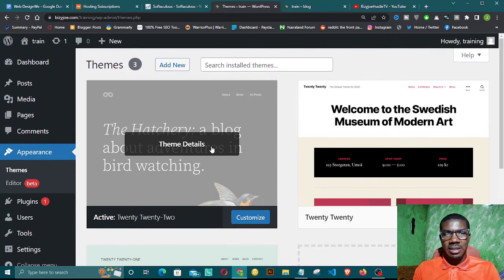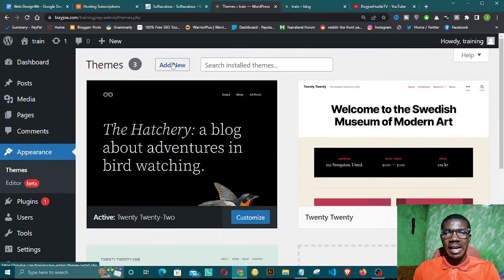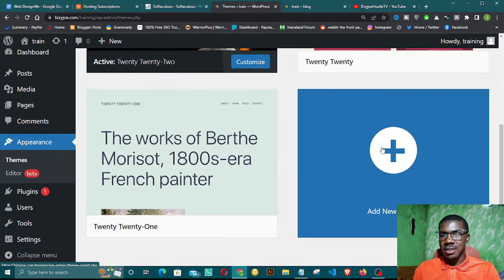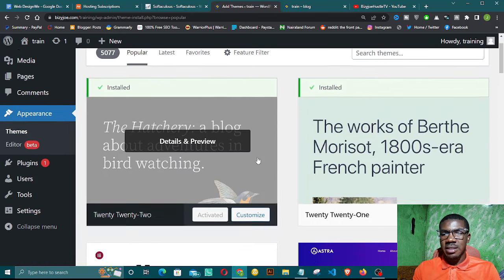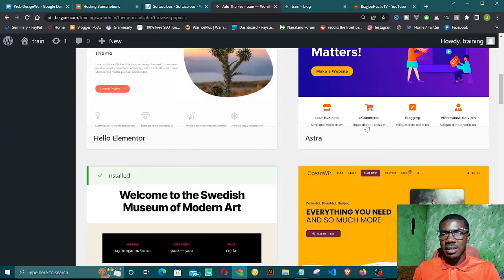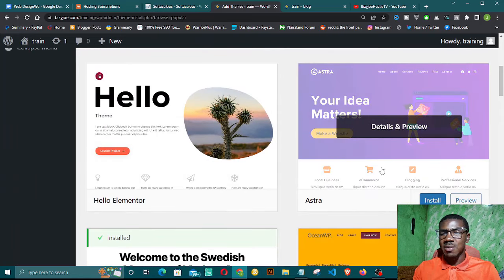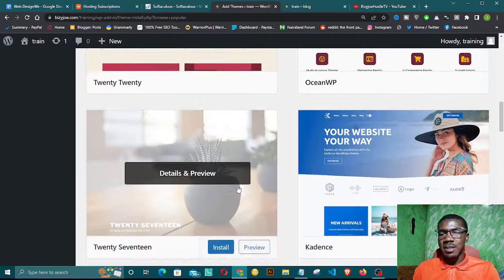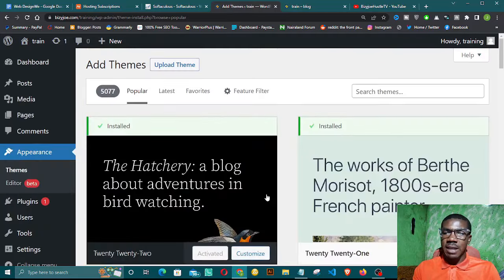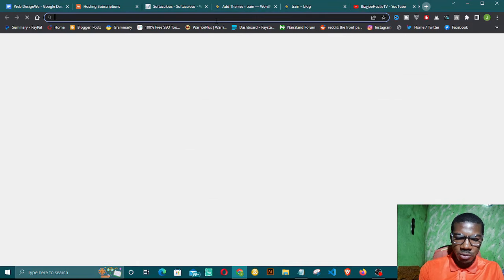So I want to add a new theme. I can click on Add New, or I can come and click on this place. Let me click on this. Then there are so many themes that you can actually use here, and these themes are free, although they have paid ones. If you like any of these themes here, you can install it. If you don't like any of them, as I told you, we are using a premium theme. You can go to